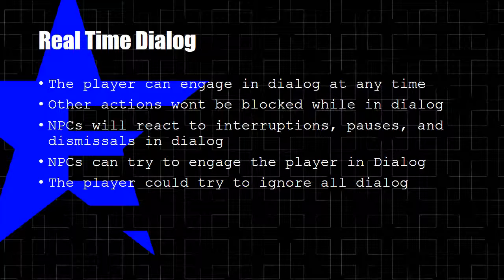Basically, there will be a dedicated button on the controller for dialogue. Normally when a player engages in dialogue with an NPC, the game state changes, and the controller input switches to a dialogue input, in which the joystick no longer controls movement but menu selection, stuff like that.